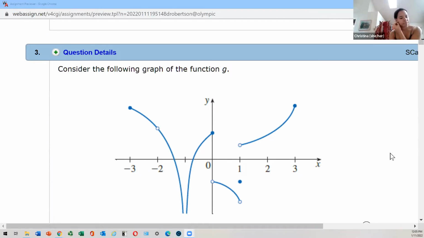-1. Agreed. We would call that what, a vertical discontinuity, right? Give me another one. 0. Okay, what would we call that kind of discontinuity? What would you call the one at x equals 0? It has a name. A jump. Yeah, jump discontinuity. I like names that kind of make me think of it, right?